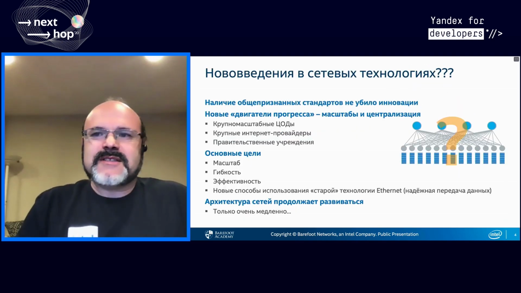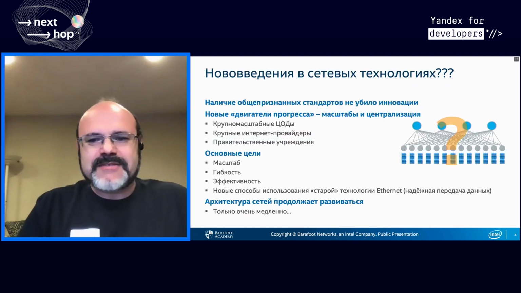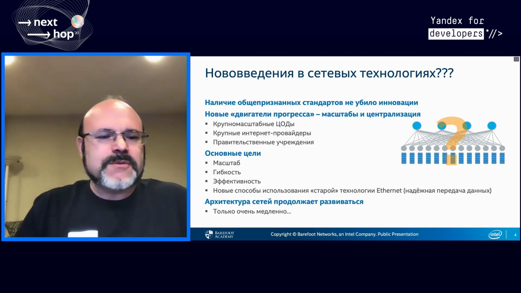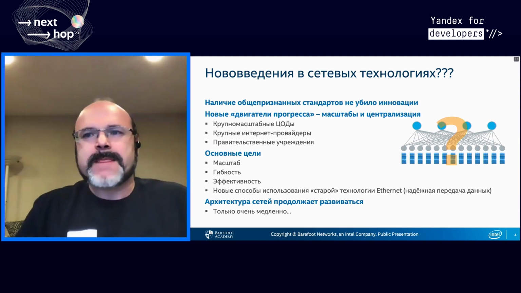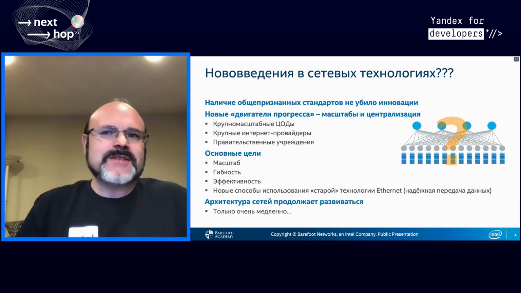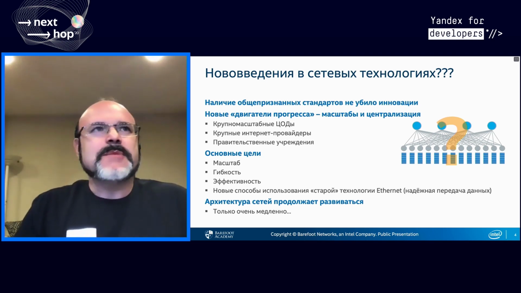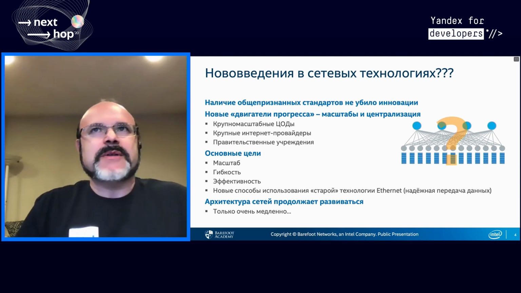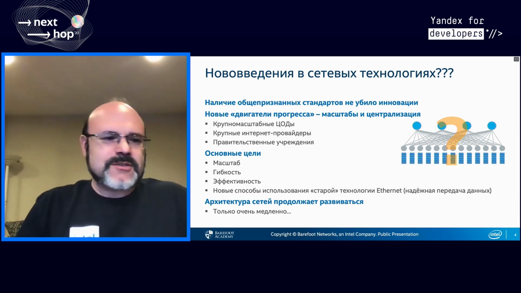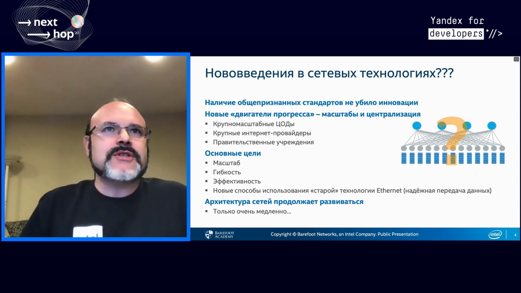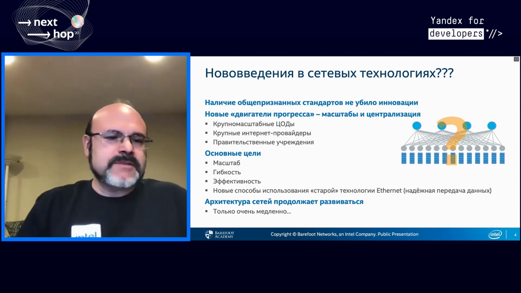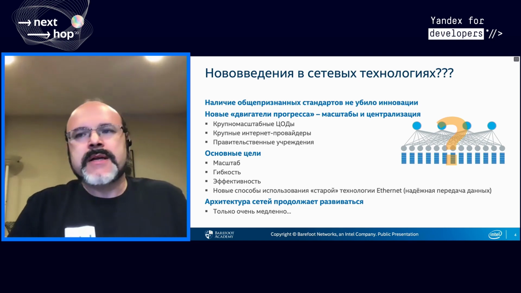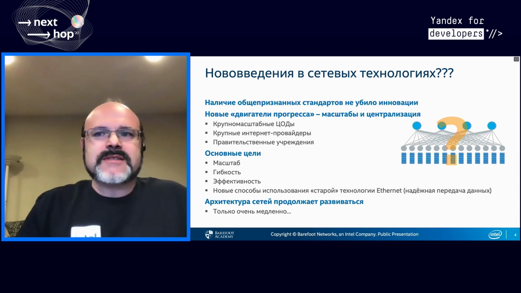I'd like to start with the following. Network technologies, that's a very interesting thing. On the one hand, people try to invent something new, and there are a lot of reports, both at that conference and elsewhere. People were speaking about some alternative approaches to different things, and that's a difficult problem. Until recently, people thought that no new technologies are needed because there are a lot of generally acknowledged standards. And once you have generally acknowledged standards, why would you reinvent the wheel?